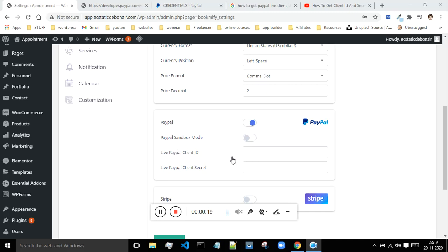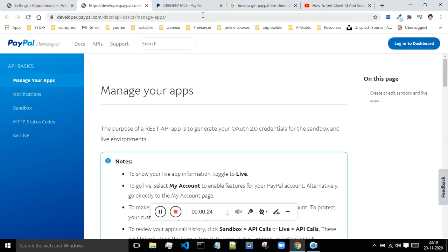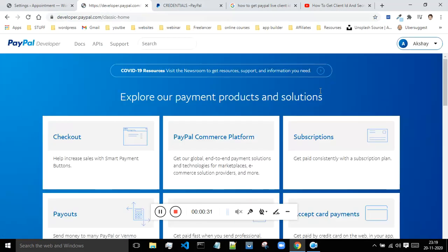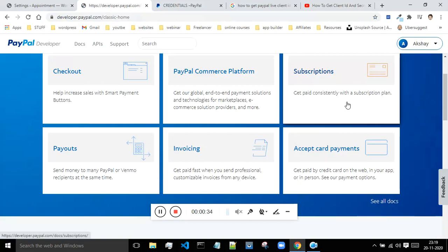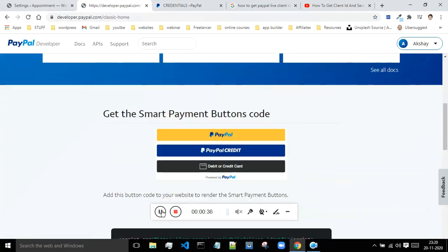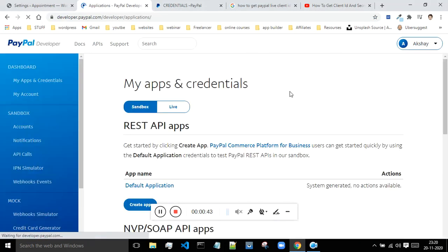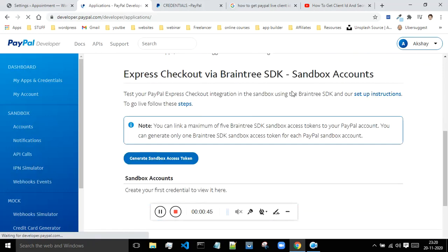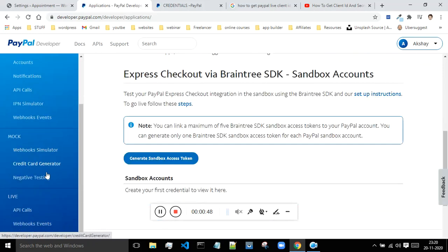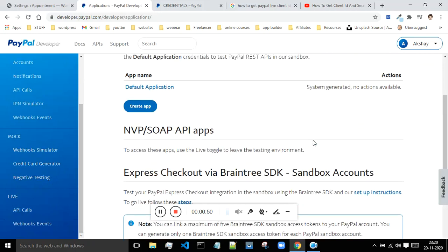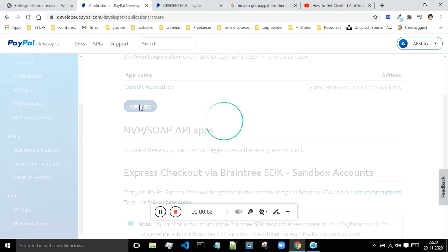In order to get these IDs, first of all you have to have a PayPal account. So after that you can do one thing, just go to this website, which is developer.paypal.com, and after that you just have to come down below. Okay, you just have to go to the dashboard, and just scroll down, and there must be some option like how to create an app. Okay, so just click on this create app,